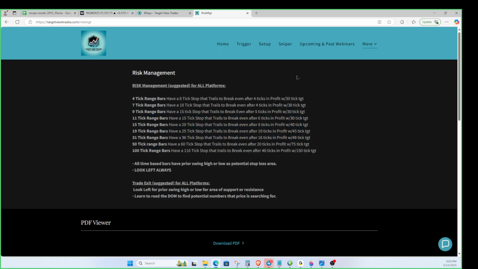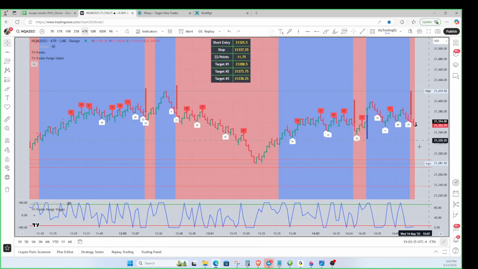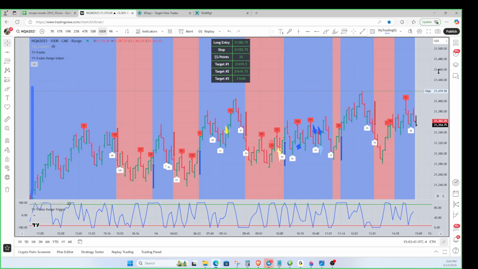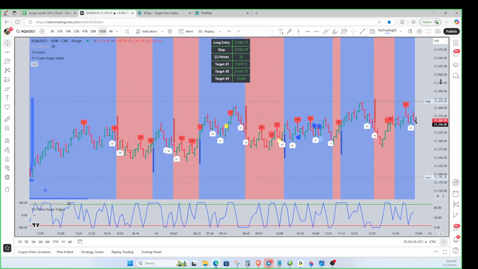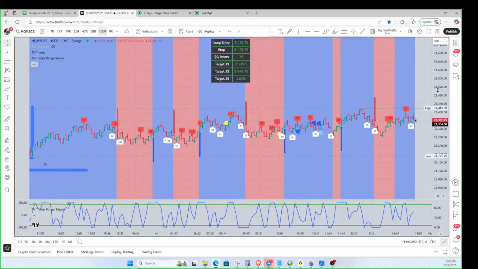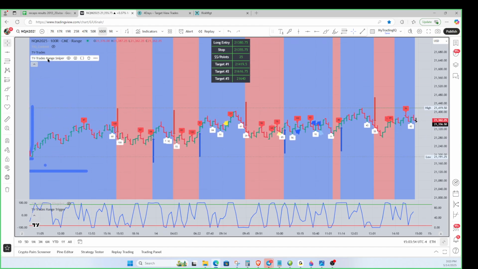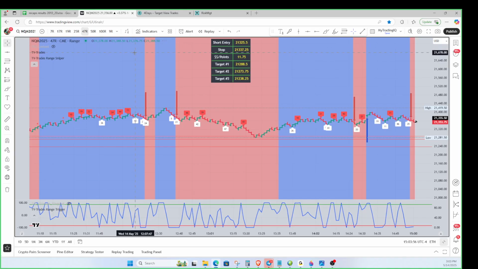Okay. But if you're using the sniper and you're using larger time frames and you're using these targets, because the targets should be about the same on a larger time frame. This is the NQ on a 50 range, but if you look at it on the 100 range, well, is it still painting it? No, it's not. I don't know where the targets are on this. It hasn't drawn the target lines yet. Anyway, if you go back here to the 47 range,